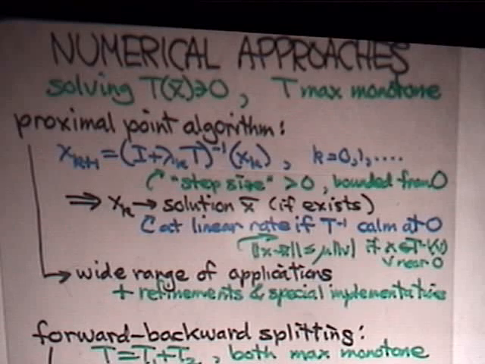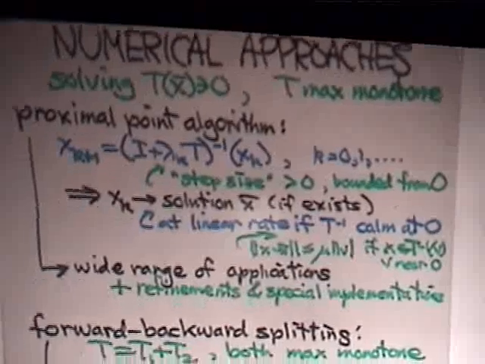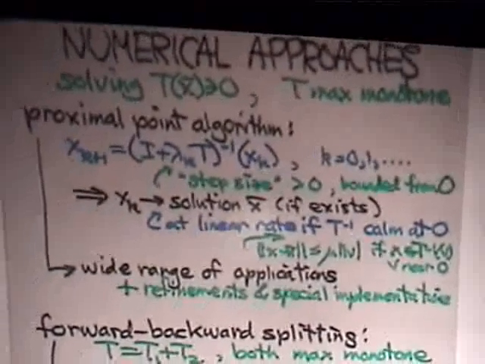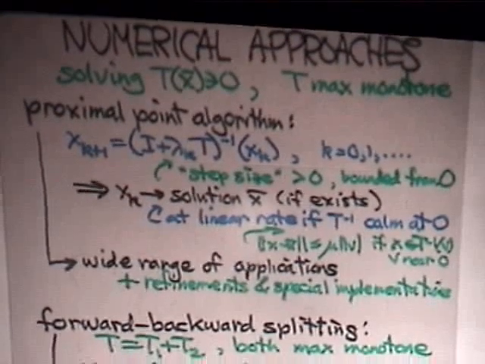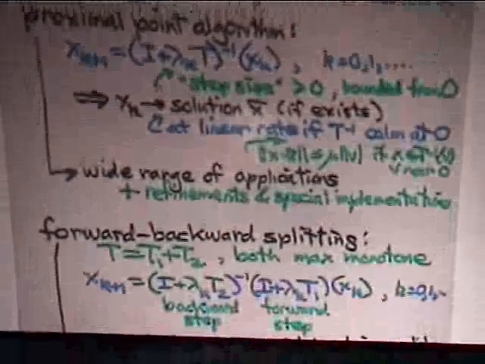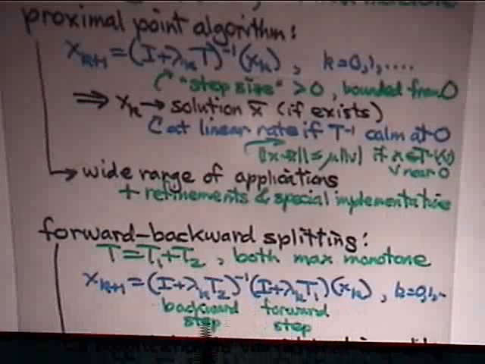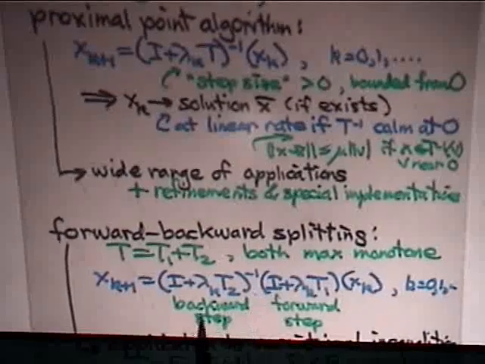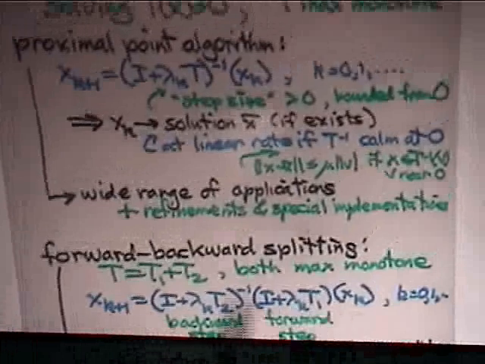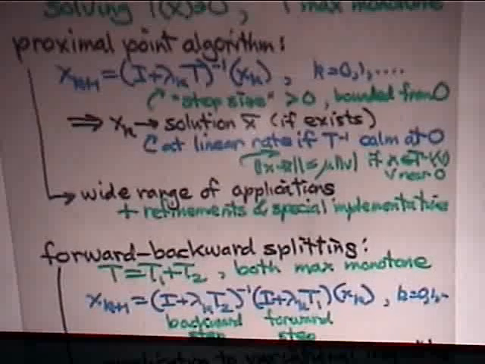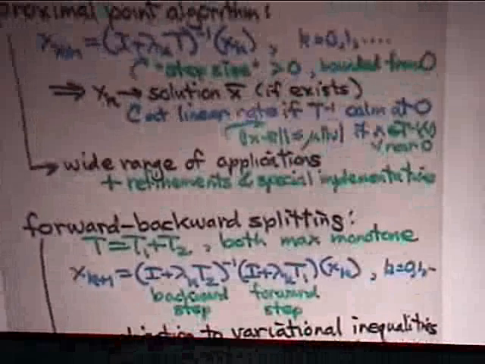Then besides that, there are many refinements. Many people have worked to make this a much stronger subject. There are, of course, infinite dimensional applications to this as well as finite dimensional. Another broader idea is that of forward-backward splitting, where the operator you have is the sum of two maximal monotone operators. And you can do something which corresponds to taking a forward step on the first operator followed by a backward step on the other operator. The backward step involves this resolvent, and you generate iterations that way. And there are many applications of this to variational inequalities and the like.